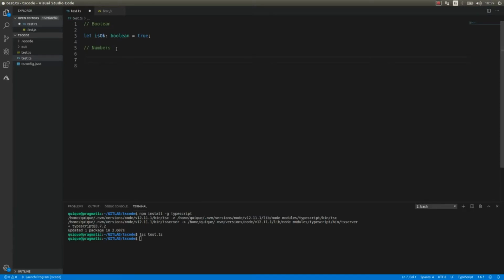For numbers, we can say let count colon and the type. That is, in this case, number, and we assign a value to it. We have two ways of declaring types, explicitly and implicitly. This is the explicit way of assigning a type to a variable, but the implicit way is, for example, if